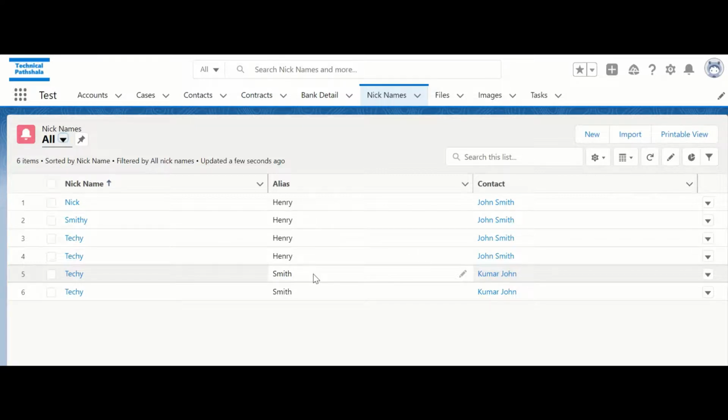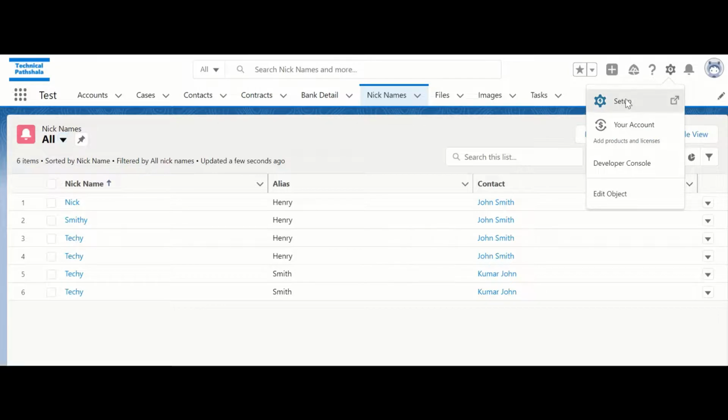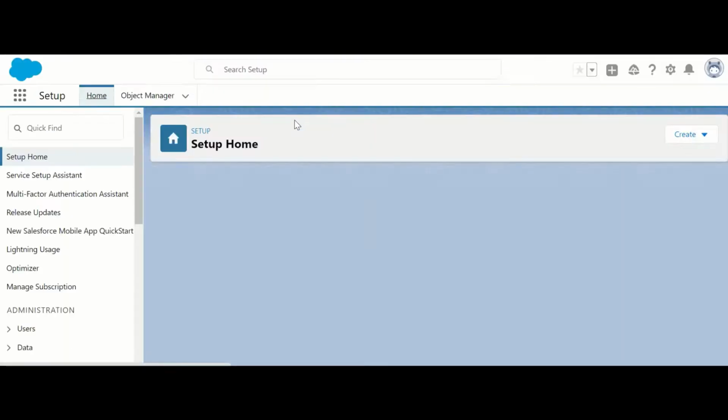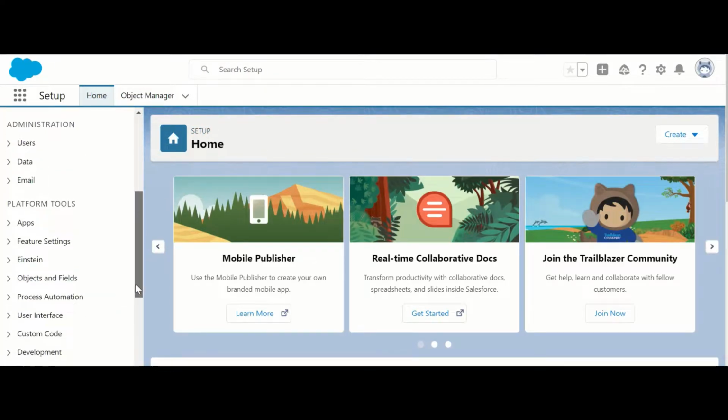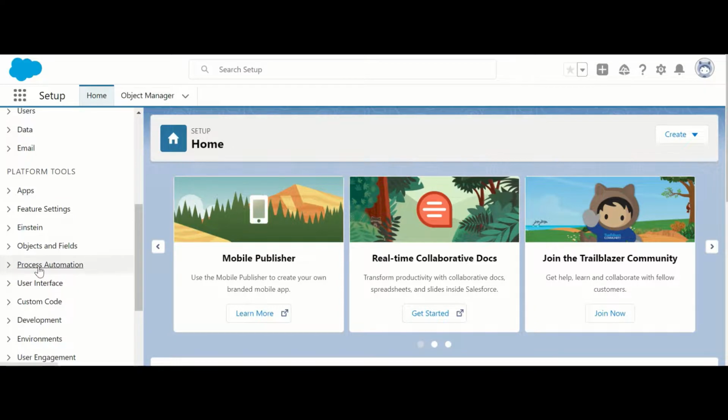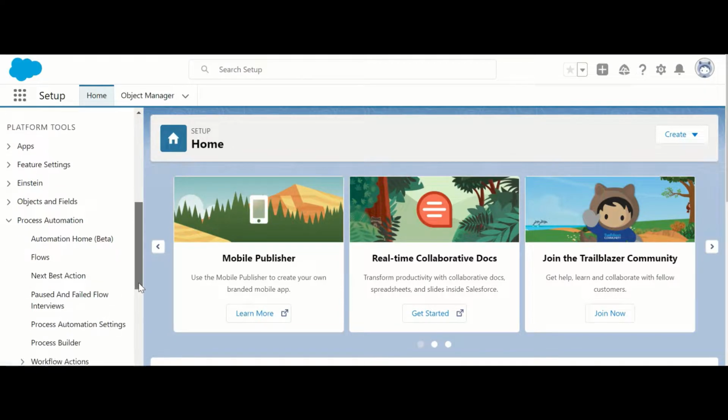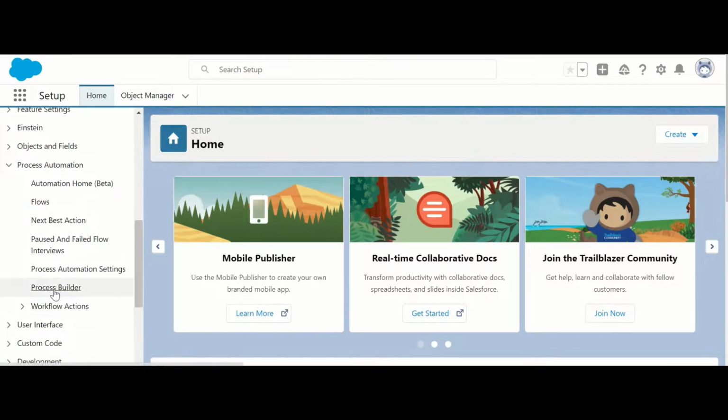Now we will learn how to revise a workflow process in Salesforce. Go to Setup again. In Process Automation, select Process Builder.